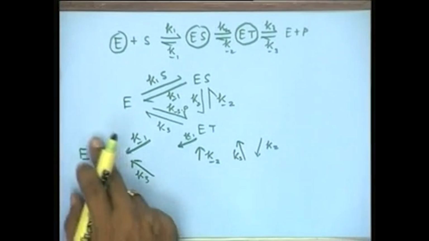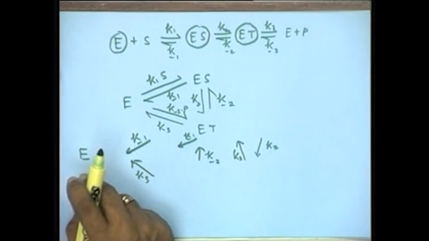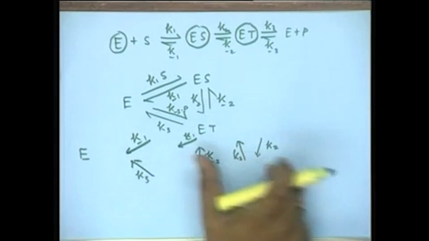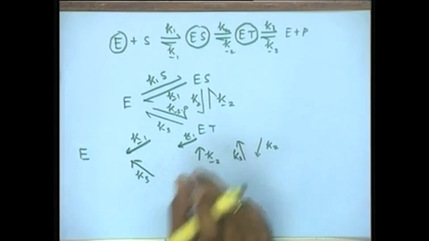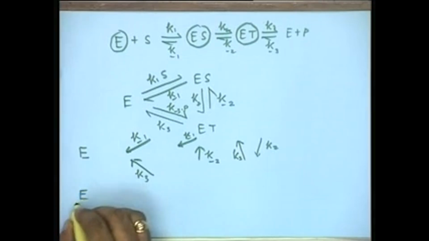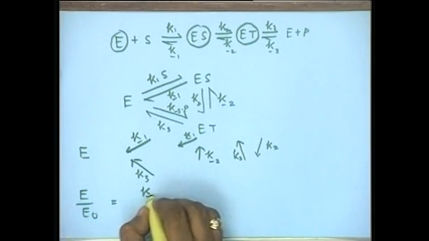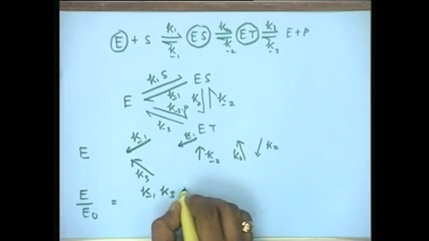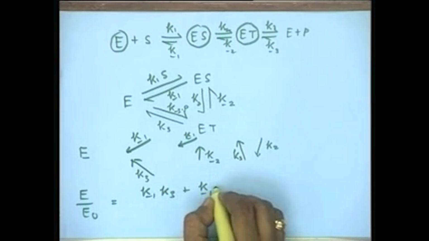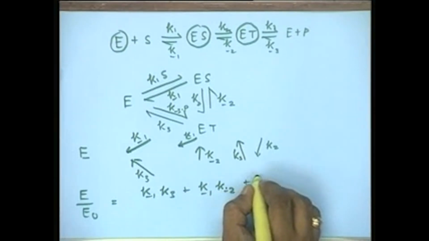Now, the fraction of the total enzyme concentration that it will represent will essentially be proportional to the sum of the products of the kappa factors. That means essentially E upon E naught will be equal to k minus 1 k 3 plus k minus 1 k minus 2 plus k 2 k 3,